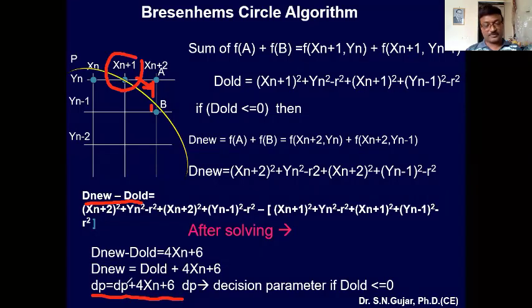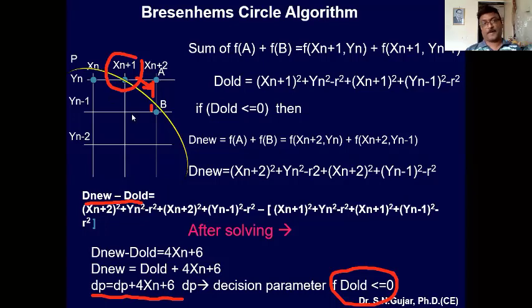So just like we say x is equal to x plus 1, similarly here what will we do? The first decision parameter is equal to decision parameter plus 4x plus 6. Okay, dp, suppose this decision parameter is less than or equal to 0. That time you have to calculate the next decision parameter. Means what? See, proceed for the next one.